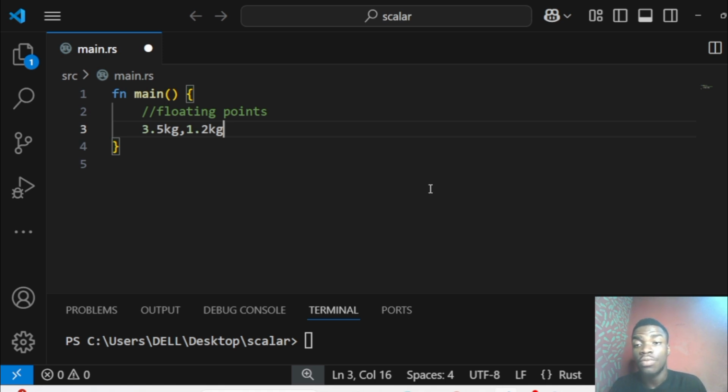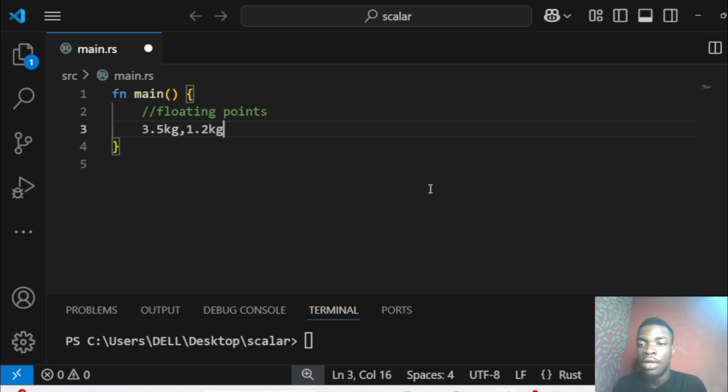Floating point numbers are just numbers that have a decimal point, fractions like 0.5, 0.6, 0.55, 0.54, 0.12, or 1.5, 6.5, any fraction at all that is not a whole number. That's what